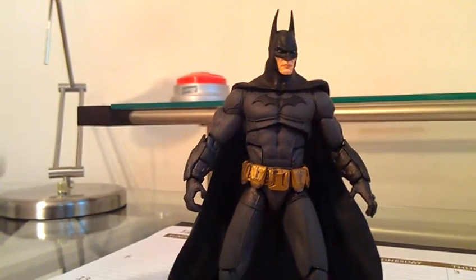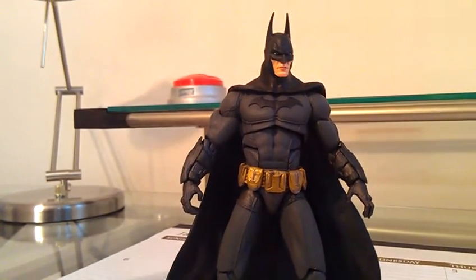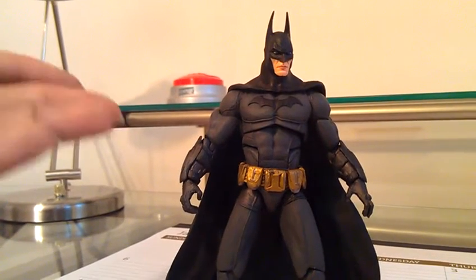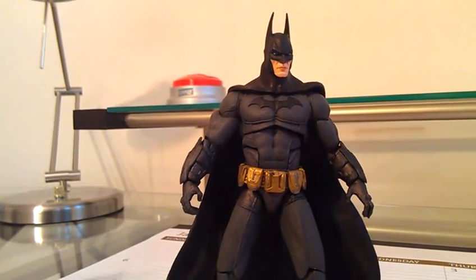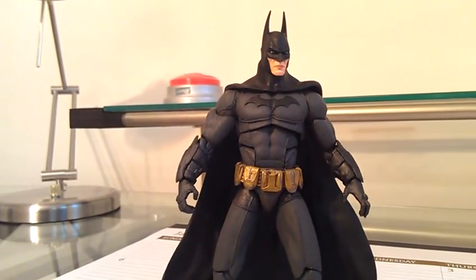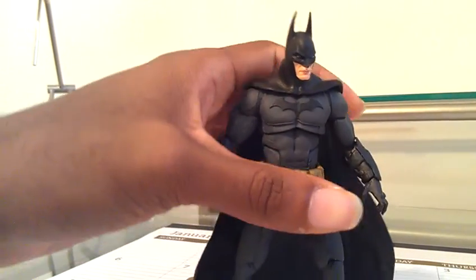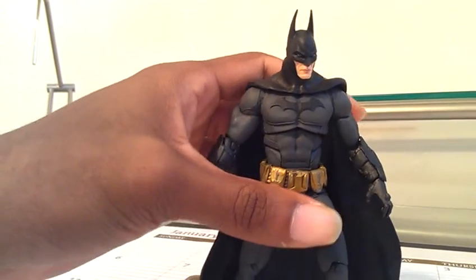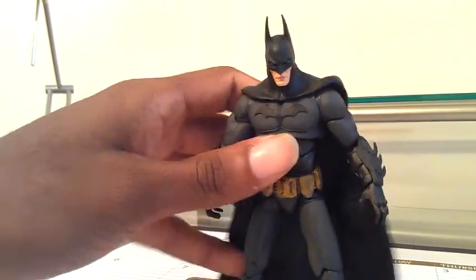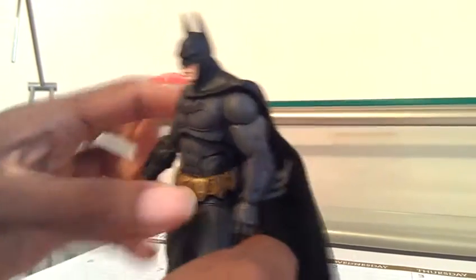If Batman's going to be out in the city fighting crime and going up against criminals and thugs and monsters or what have you, Batman could get shot, and cloth is not going to protect him. So the suit looks a little more practical in battle to me. Kudos to the bodysuit on Rocksteady and DC and everybody that made the video game. Very realistic Batman. But moving out of the sculpt and into the articulation,